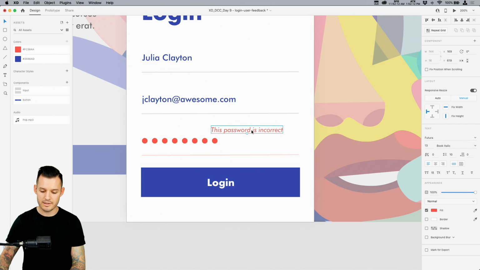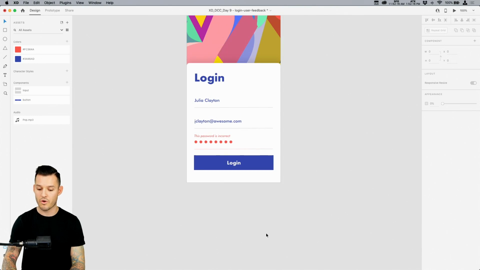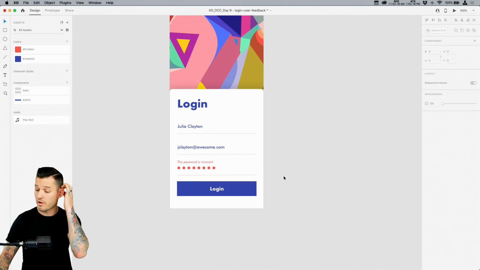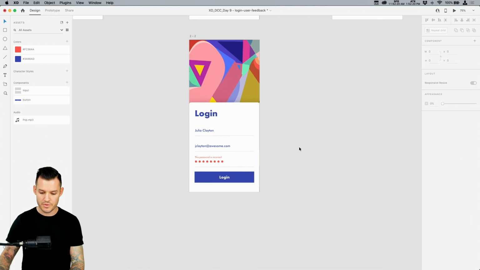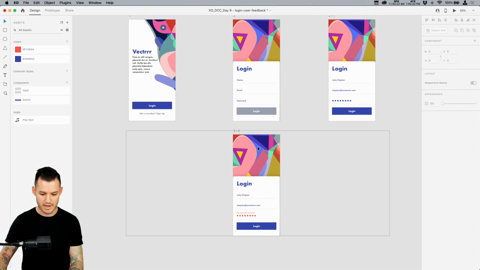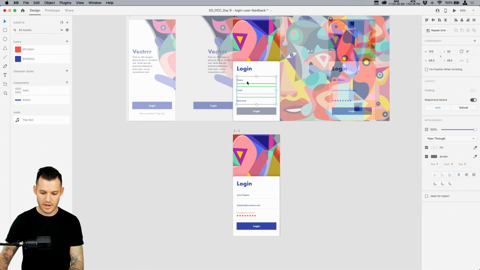When you're designing applications especially, it's on us as the designers to think of all the possible error states in these flows. So just keep all those things in mind as you are designing. So what do we need to do here? Well, we have our name, our login, all of this stuff, our login button.